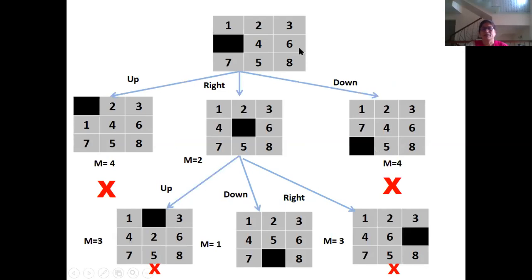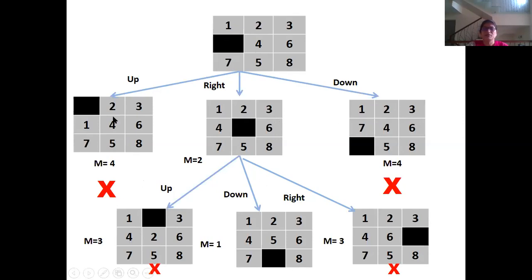This is our initial state. The example is the same as what we took in the uninformed search. Again, you can see the black tile can move up, it can move down, and it can move to the right. So again it expands into three states: up, right, and down. If it is moved up, you get this new state. If it is moved right, you get this state, and if it is moved down, this is the new state. The movement and everything is the same as you saw in the case of uninformed search. The only difference here is what? The tree changes from here onwards.